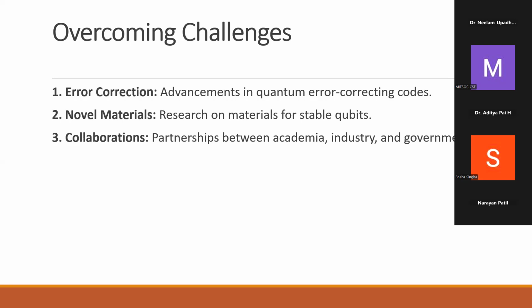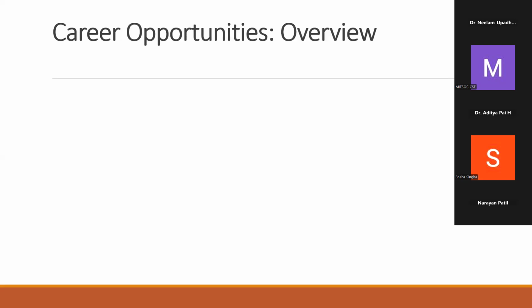When we are working on this quantum technology, when we are showing interest in it, at that time we need to create a collaborative nature between the academia. Academia people need to give their interest. They want to do research in this field. The industry and government also show their interest in quantum technology. Then and only then can we overcome these existing challenges in quantum computing.